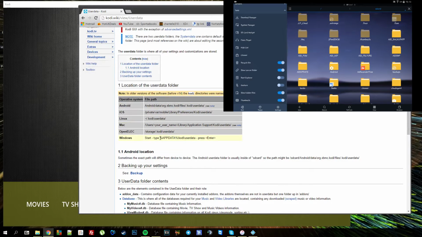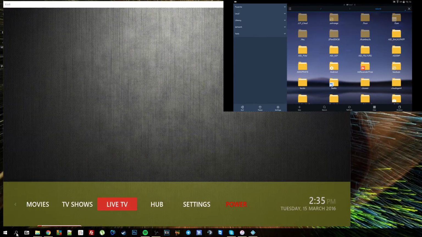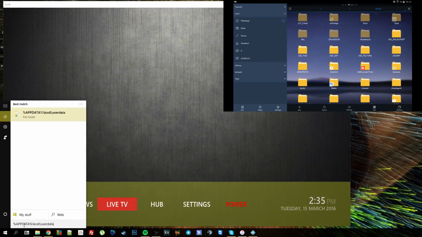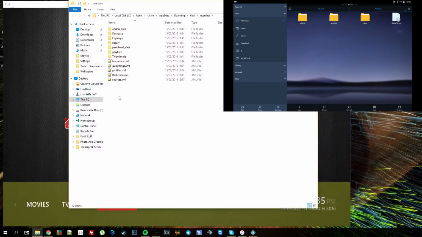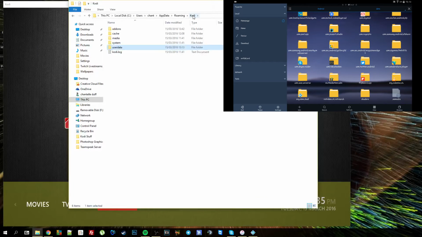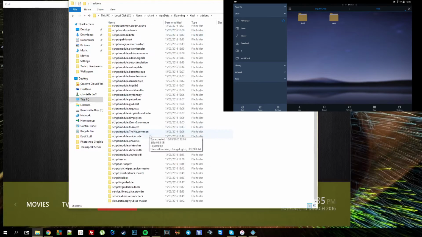We're using Windows, so all that I'm going to do is copy this. I'm going to go down to my bottom search toolbar, and paste it in there and select enter. This gives us our user data folder. We don't actually want this, we just want the Kodi folder. So I'm going to go back one step, go to add-ons, and go all the way to the bottom,